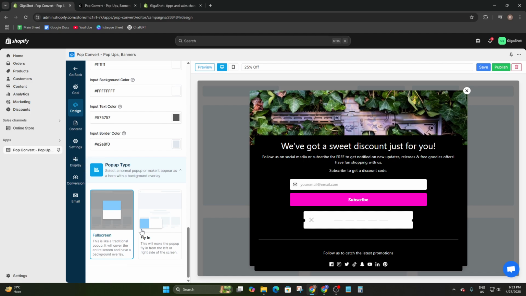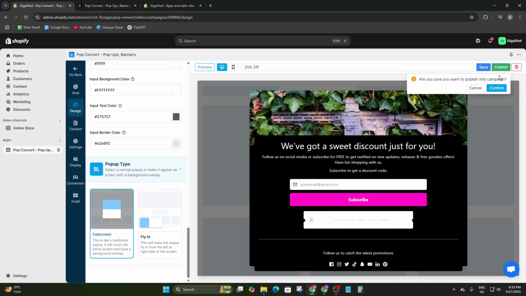Now the pop-up type here: you can use this full screen pop-up type or fly in, that will just pop up on the bottom side of your screen or window of your traffic. So I just want this. Now you can simply click on publish and simply click on confirm. So campaign saved successfully. So it has just published this pop-up on